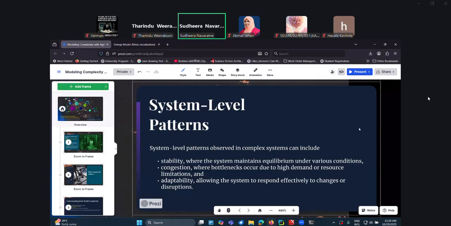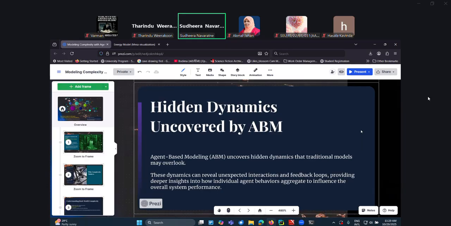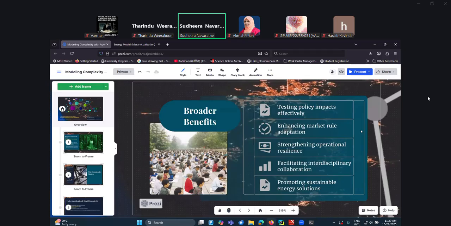You can also uncover hidden dynamics using agent-based modeling. You don't specifically model these dynamics, but when you put the agents into the simulation, based on the output they produce, you may be able to uncover certain hidden dynamics in the system.